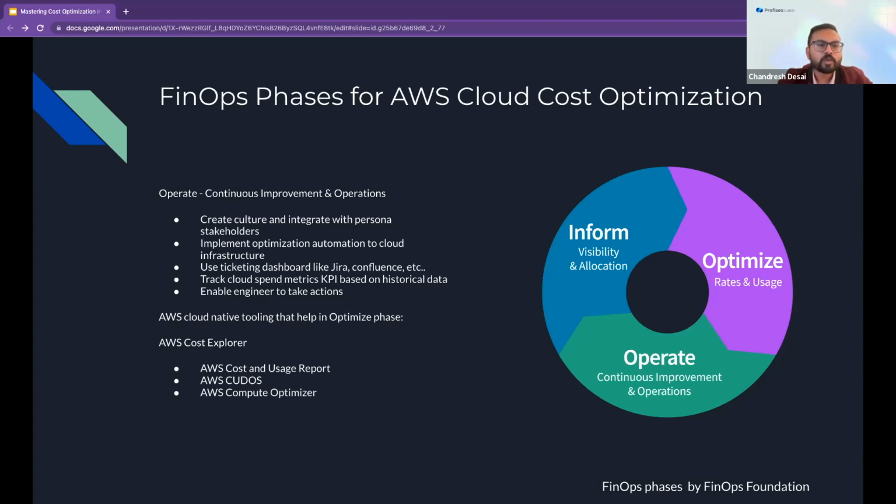That way you can make the entire process automatic, and you don't need to worry about running it manually, which is recommended in this operate phase, because this is the final phase and we have to continue this cycle as the FinOps phases. In this phase also, engineers should take action here.